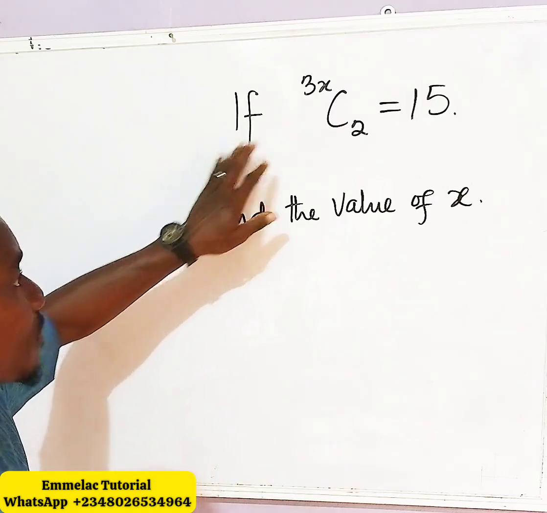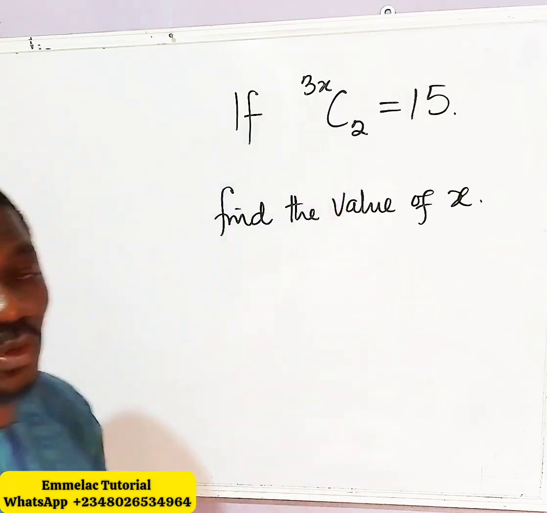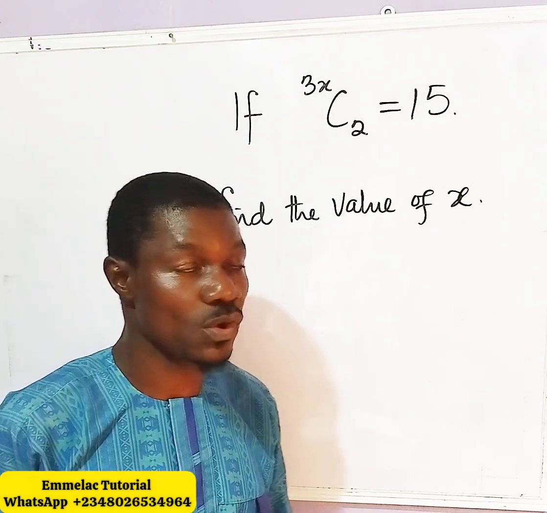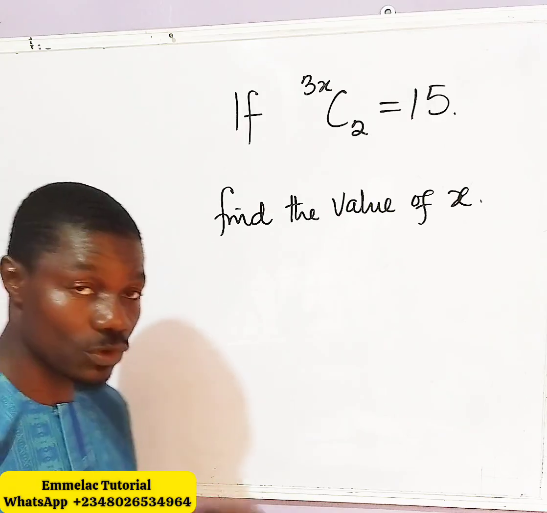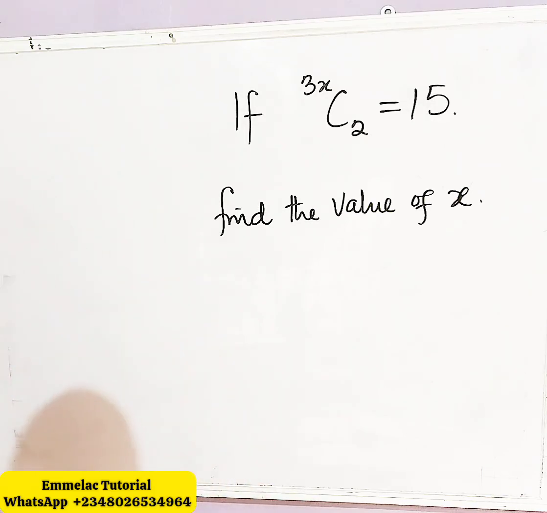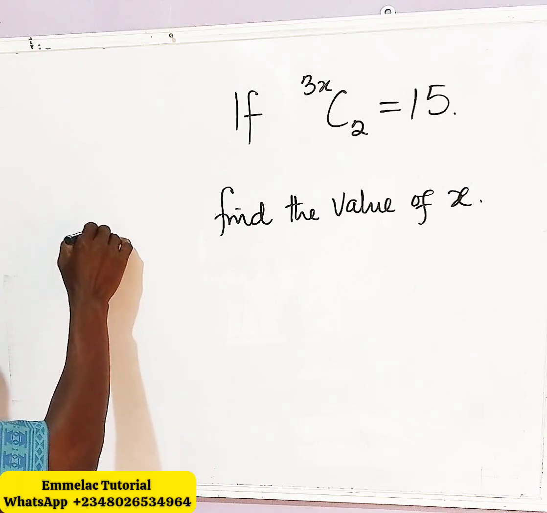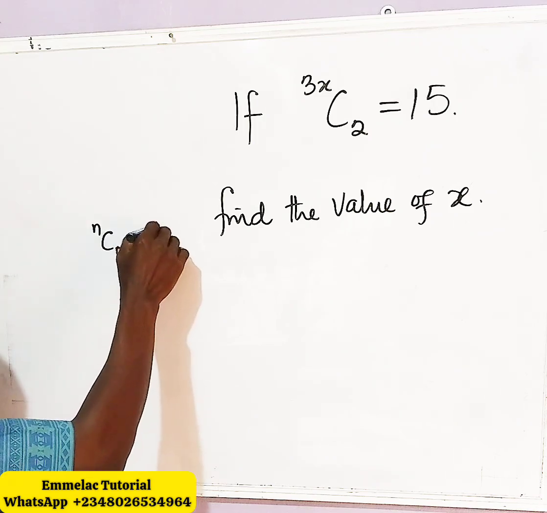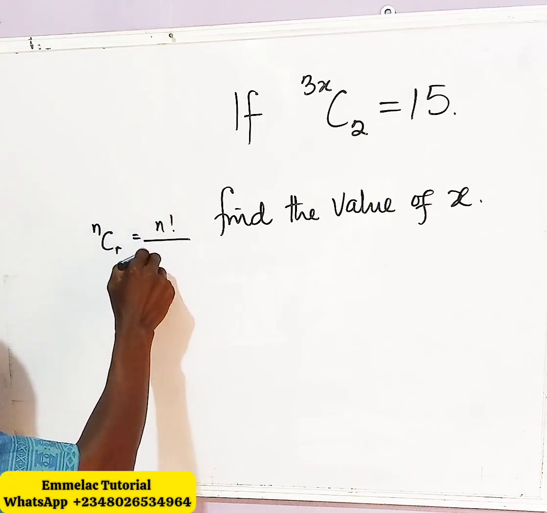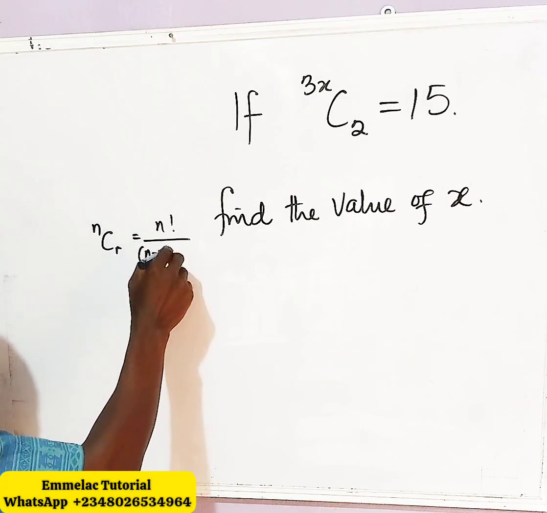Here is the question under permutation and combination. It reads that if 3x combination 2 equals 15, we are told to find the value of x. First of all, let us recall the formula for combination. If you have n combination r, this will give us n factorial all over n minus r factorial,